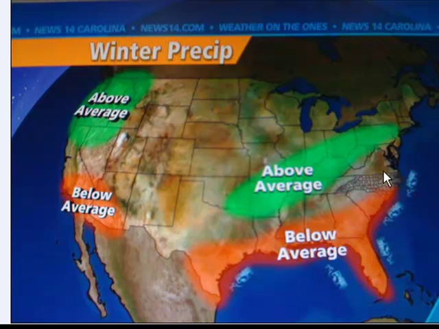I think for much of the interior parts of North Carolina and the upstate of South Carolina through North Georgia and Alabama, probably close to average precip, and then above average as you get into the Ohio Valley back toward the Ozarks and around the Mid-South. Okay, so that's the forecast idea.